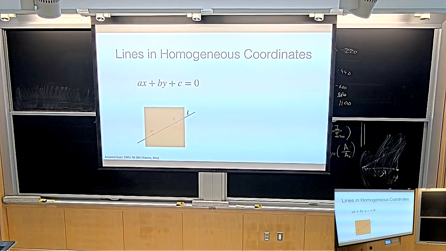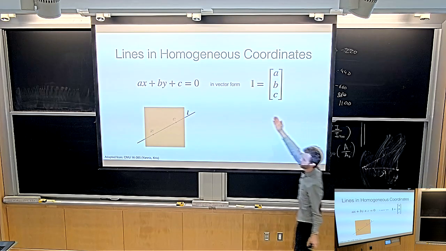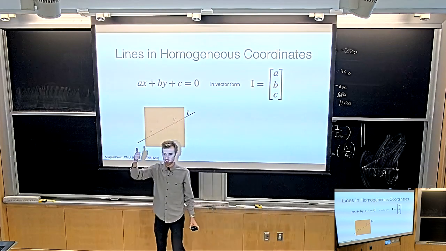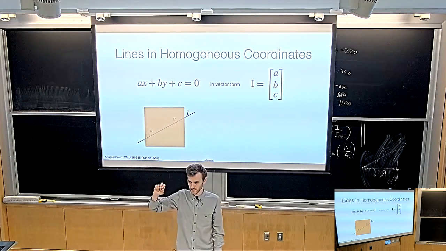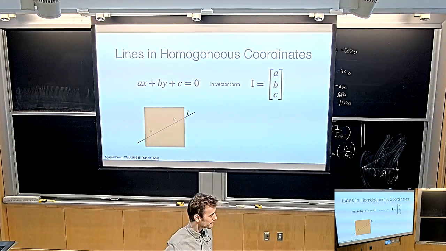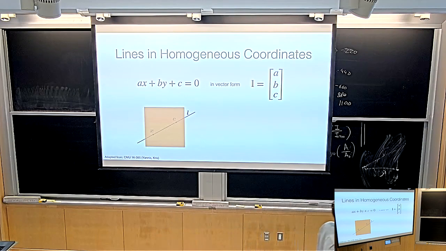That probably you learned in high school. Okay, good. So here's a funny little thing. Apparently, the line therefore has 3 parameters, which are a, b, and c. These 3 parameters a, b, c make the line. And nothing keeps you from writing them in the form of a vector. So you just put them in a column vector and you call it a day. Great. Why would we ever do that?